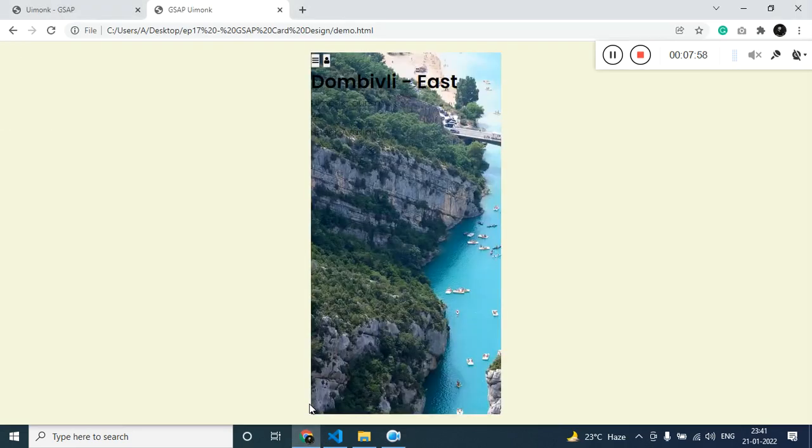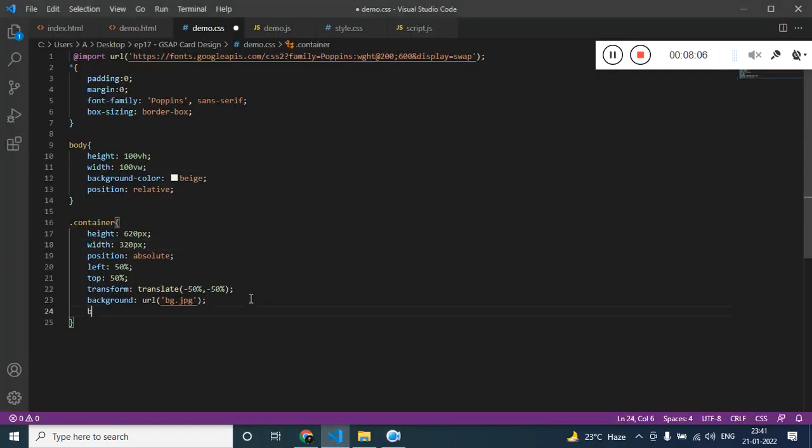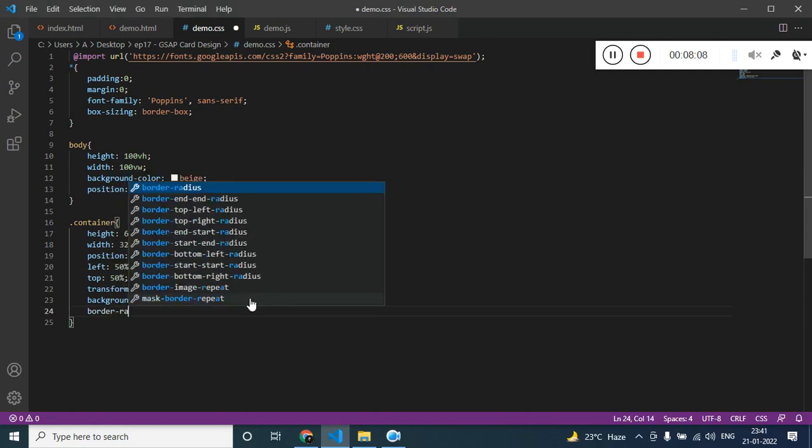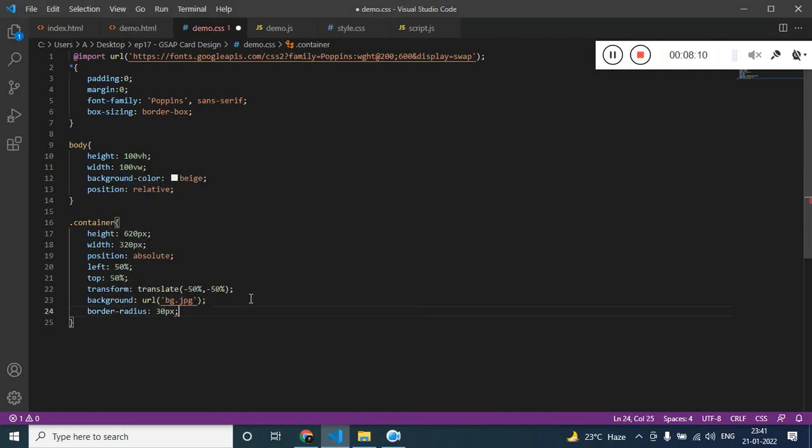Refresh it. This is how it looks. And we need to add some box shadow. So first let's add the border radius of 30 pixel, and box shadow top bottom left right, blurriness spread, and the color